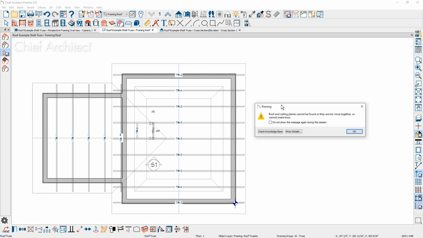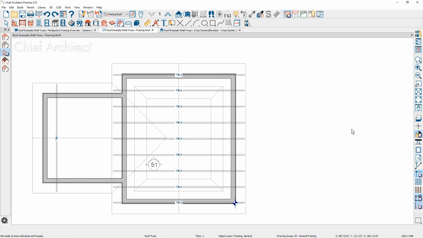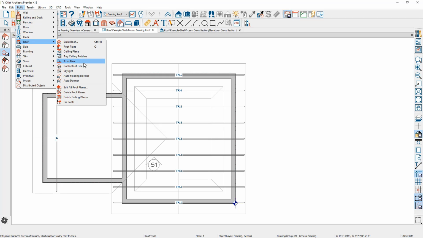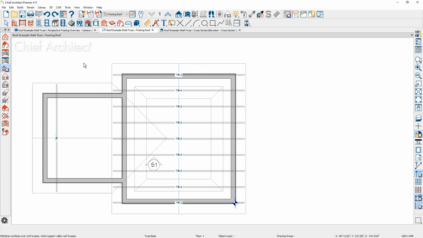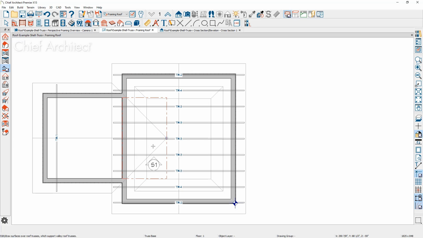I need to create what's called a truss base to help the program understand when I do this operation. Let me just close this, click on Do one time so that we stop the generation of those trusses. And what I'm going to do is come underneath my Build menu, down underneath Build Roof, and you're going to find the option to create a truss base. So let's go ahead and come down here, and we'll adjust this after we get going here, but let's just click on this area, and click up slope. We'll click on the peak, turn that layer on,